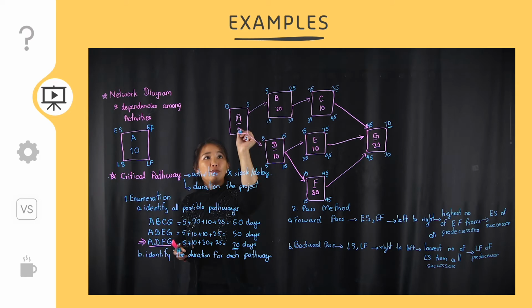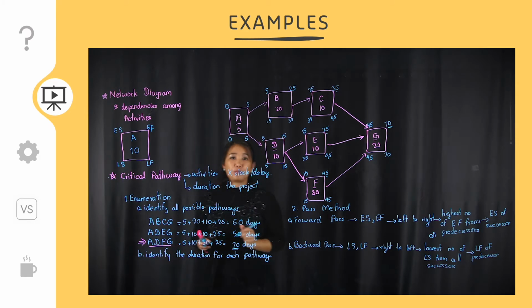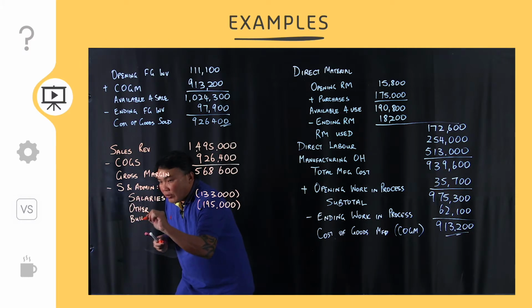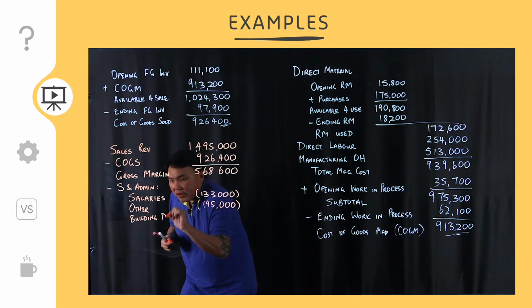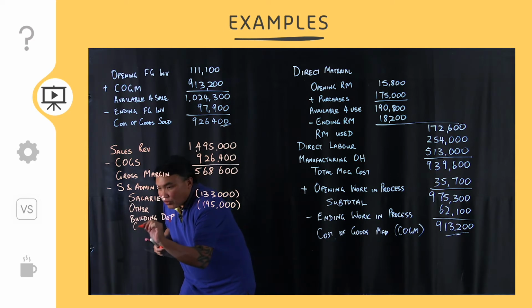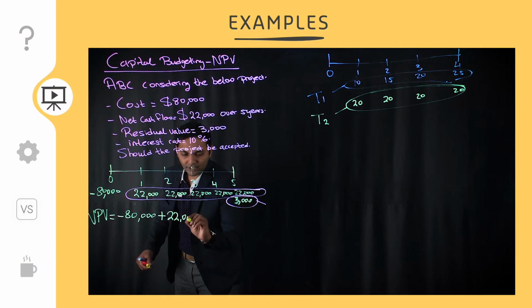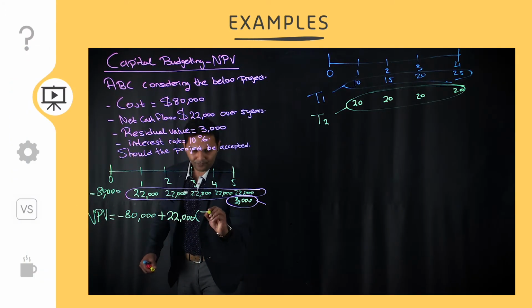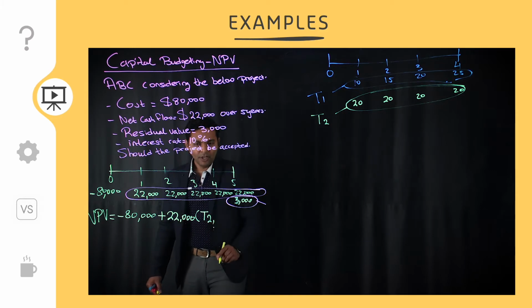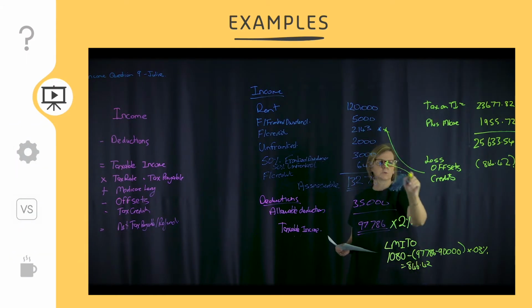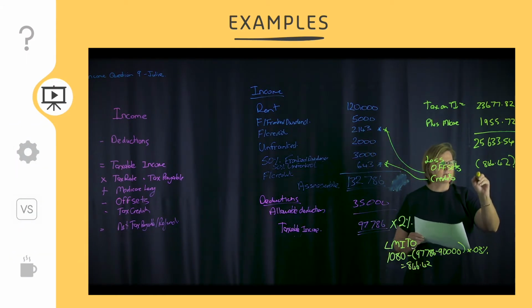So that will be 5 minus 5, which is 0. So this is the way that... So therefore, we have to take into account the building depreciation here. And that's 25% of 80,000. Plus $22,000 into... We are going to be using table 2. We have 1, 2, 3, 4, 5 payments to discount. So here we need to take these two amounts into here. So they add up to